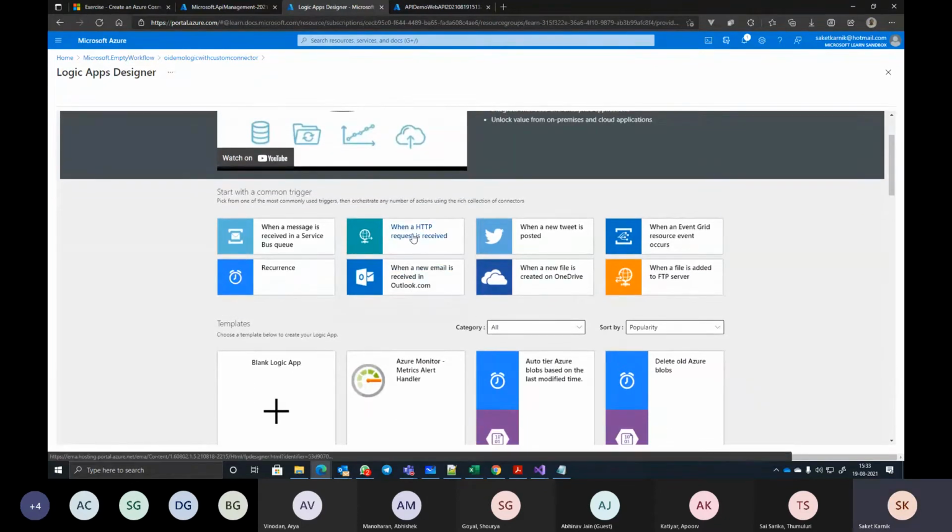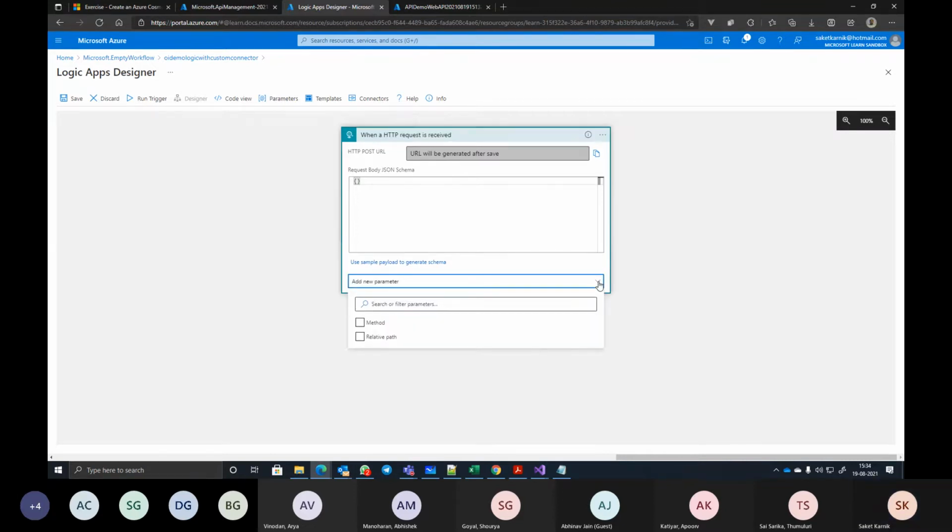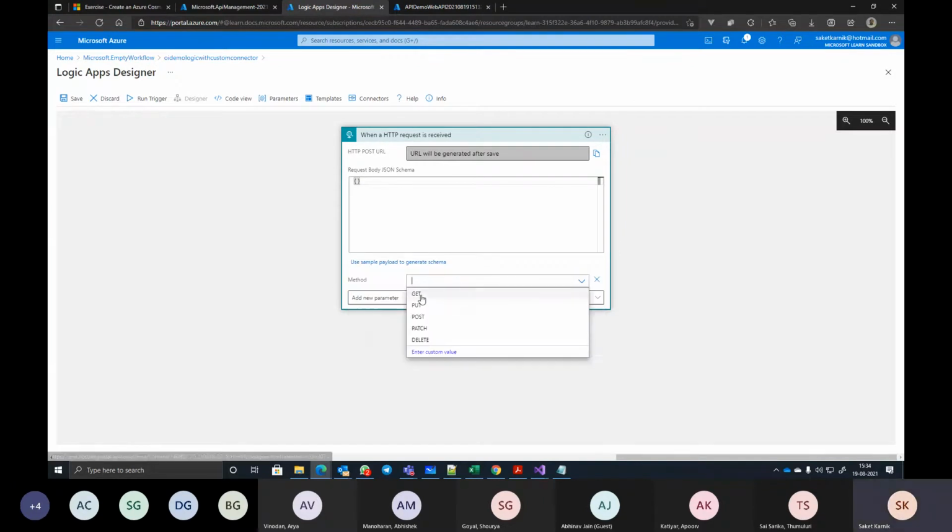I am looking for whenever the HTTP request comes, I want to return back the codes. Without parameter, if it is coming, all codes I want to return. No request body I am looking for. The other parameters are like method. Select that and say get. So that a get request is received, the response will go.